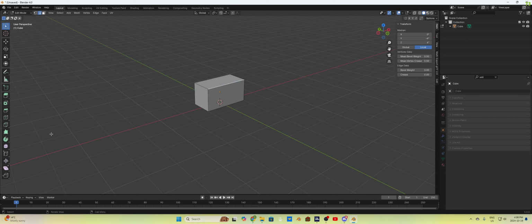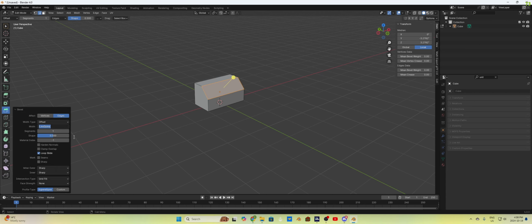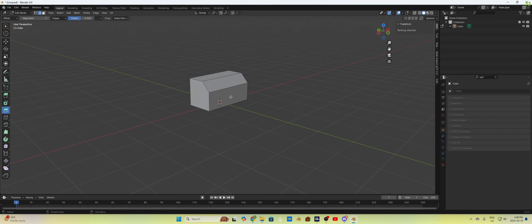So now if I click that edge and click over here on the bevel tool, see that little doodad thing? We're going to move this in a direction such as that. And we're going to call this 4 inches and we're going to call this 16. Now the 16 segments is what creates that rounded edge. If you just wanted a straight bevel like this, you could do that. And actually I'm going to show you what it looks like if we put 16 in there. It creates the bevel, but I don't want that. What I want is for it to just be industrial beveled like that. Okay, so